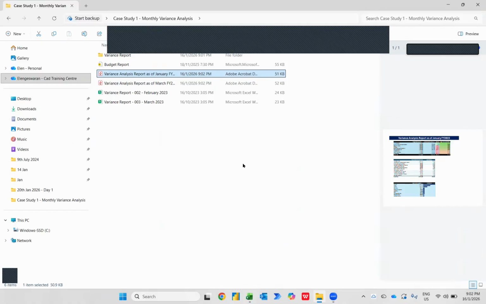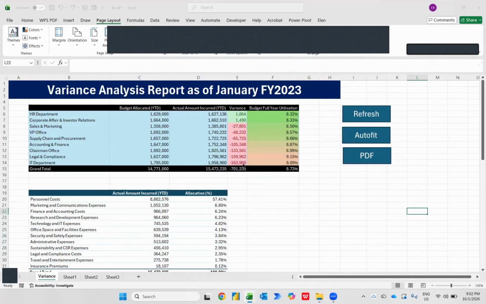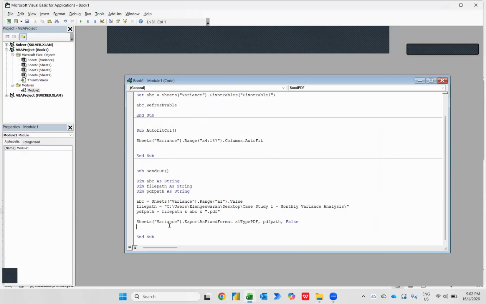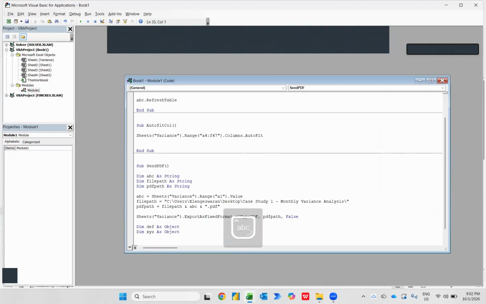So what I'll do is I'll just go to my PDF VBA code. Okay, so this one is done. The next step is I want to declare something so that it will open the email and also send my email. So Dim def as Object, because I want to put it as an object because it's a third-party application, xyz as Object. Okay, so now this is done. Next thing is I want to set. Once you declare it, you need to set. So Set def = CreateObject,